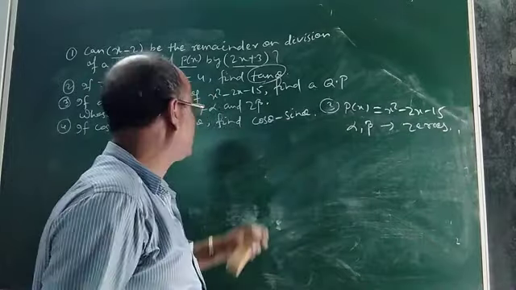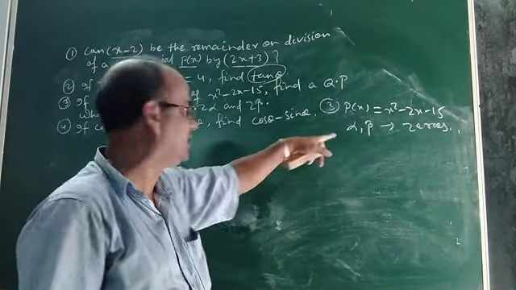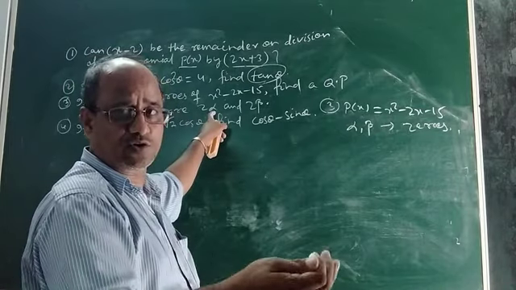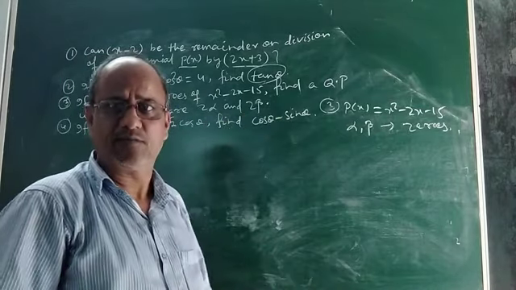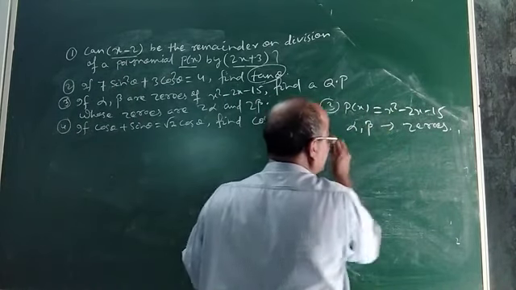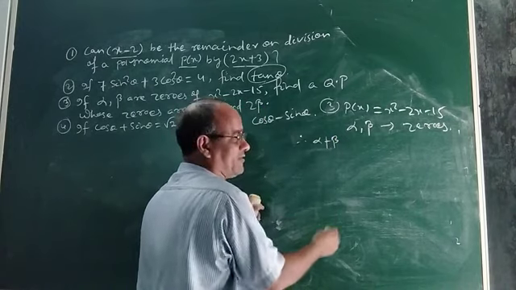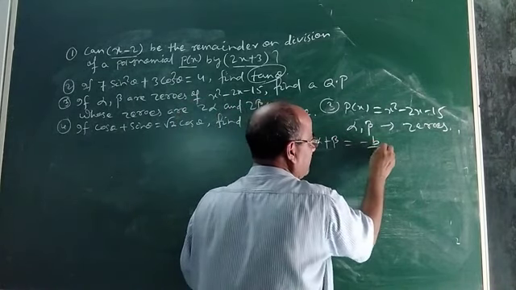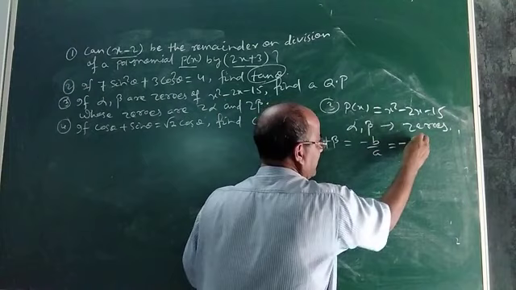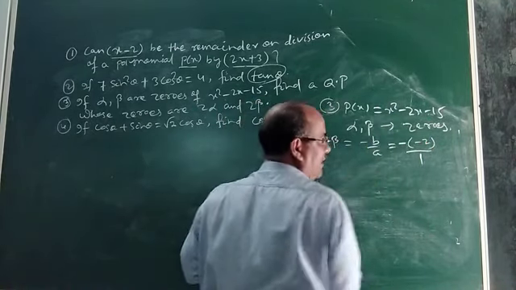Then what is the question? The question is you find or form another quadratic polynomial whose 2 zeros will be 2 alpha and 2 beta. You know what is the process? Let me discuss. As alpha and beta are zeros of this polynomial, first you find the sum of the zeros, that is alpha plus beta. You know the formula, minus b by a. So it is minus of minus 2 by 1, because the value of b is minus 2 in this polynomial.